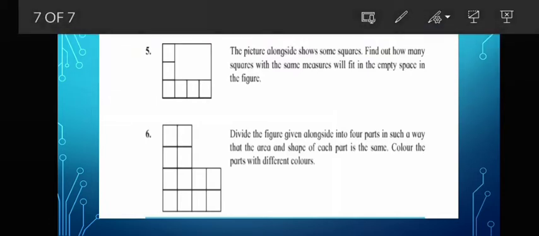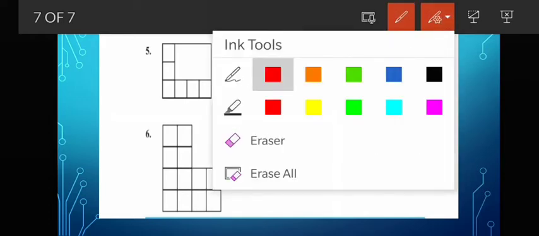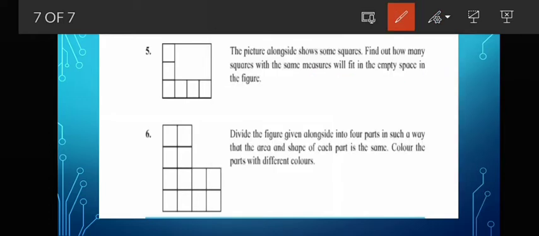Kindly remove your pencil. See, this is the picture. So this is the empty space. Now let us see how many squares we can fit here.